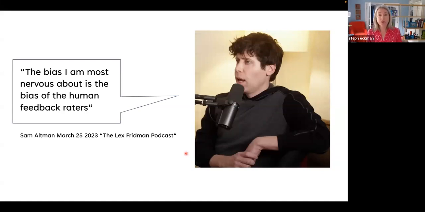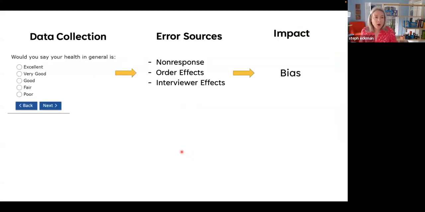So this really struck me because, of course, that's what we do in the field of survey methodology: we collect data, we collect these types of labels, right? And so if this is what he's really concerned about, that's an opportunity for all of us in the survey methods field to step in and say, hey, we know a lot about data collection. We can help you collect some labels to improve your models. That's what we do.